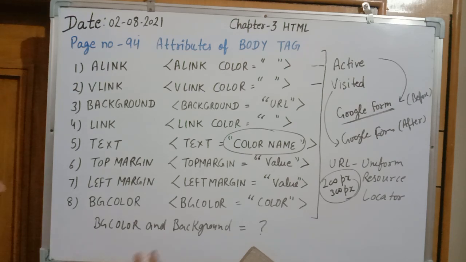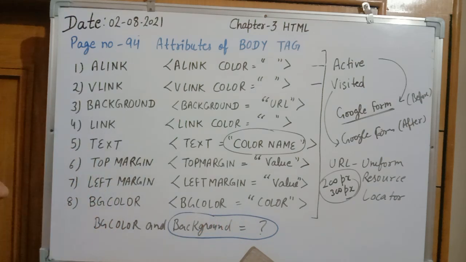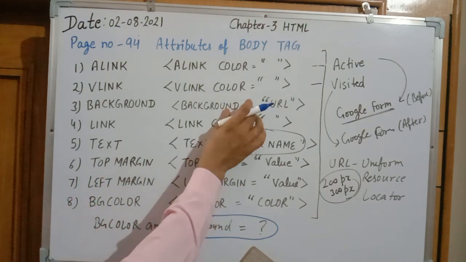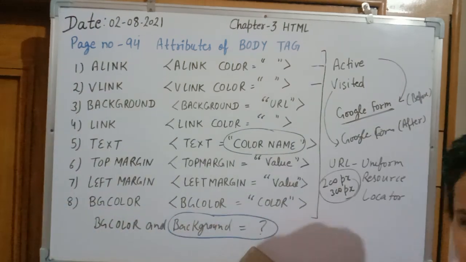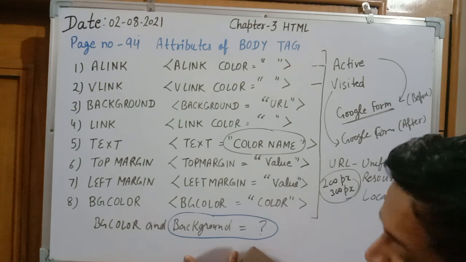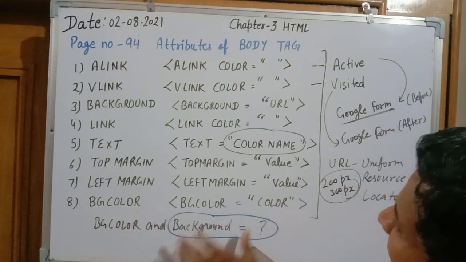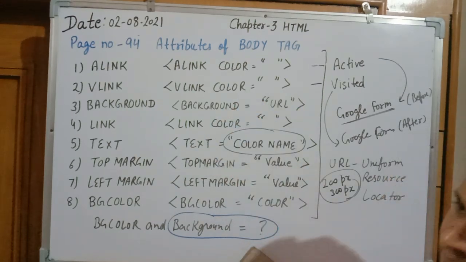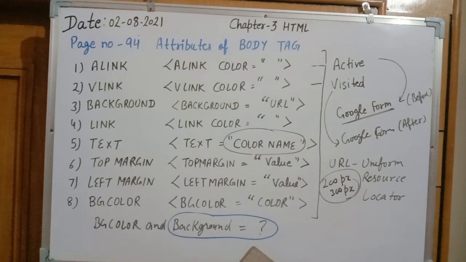In that case background will be applied, bgcolor will not apply. It means it will show the image, it will not show the color, because bgcolor cannot be displayed if background is given. If it is not given, then bgcolor can display. So background will be displayed as an image background of your program. So this is about your body attributes. Now we are going to start with programs related to these attributes.